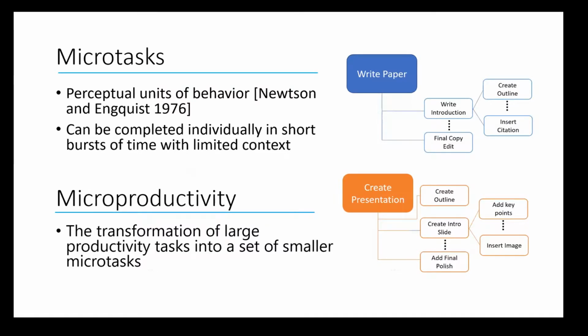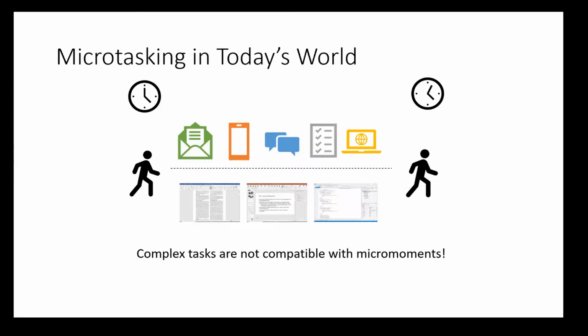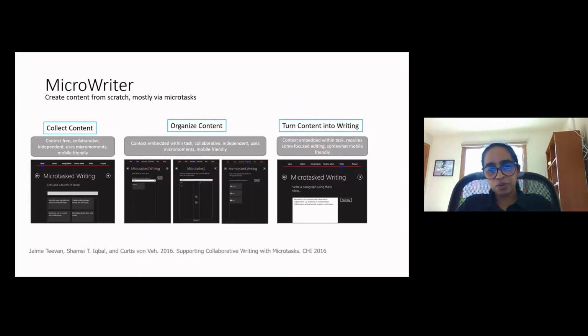If you take a bigger task and you keep on decomposing the task, then you end up with a set of very basic level tasks, and these are the microtasks. And that's the challenge that we took on: can we take a complex task and turn it into microtasks, and what is the quality of the overall task performance if we do things that way? The original goal that we started off with is that we want to write a research paper